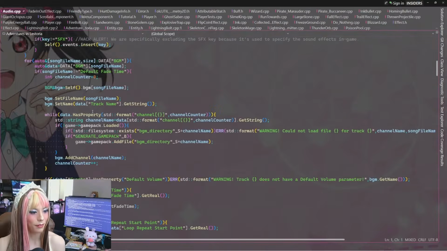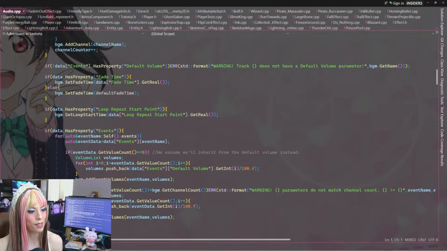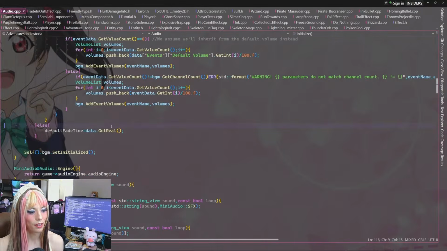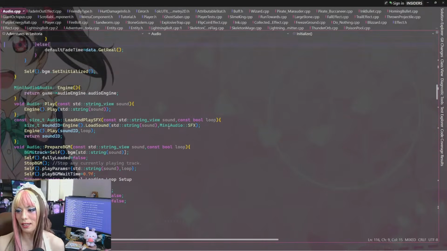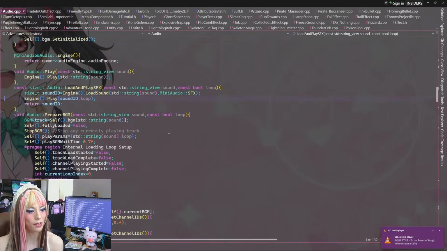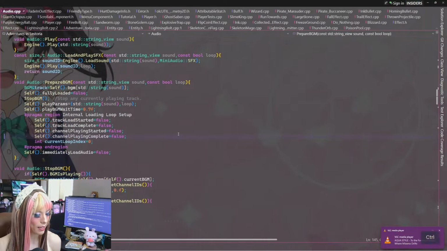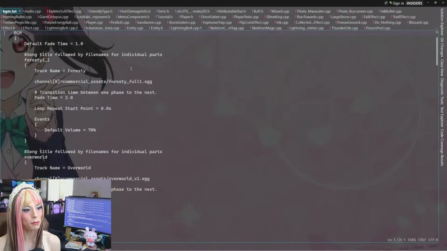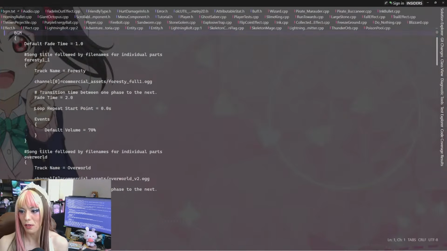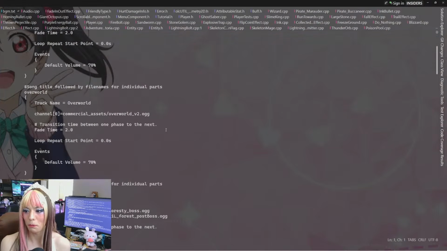I think what you're asking me is, can I just go to a certain point in a song? And I think we have that, at least I think I made it possible specifically for the intro song. Yeah. So I have a parameter called loop repeat start point.